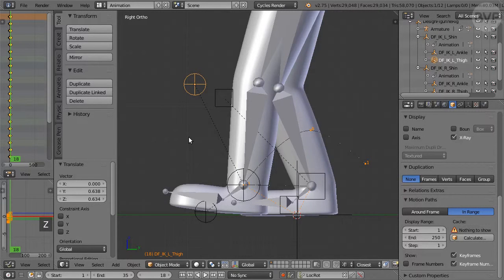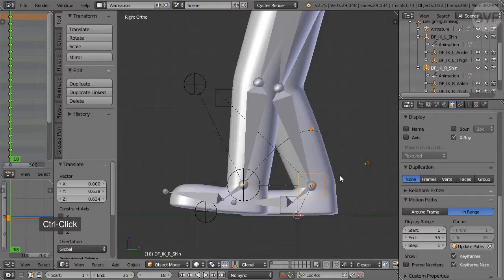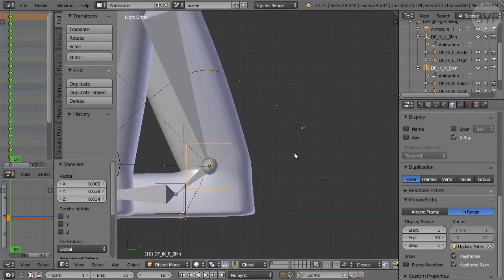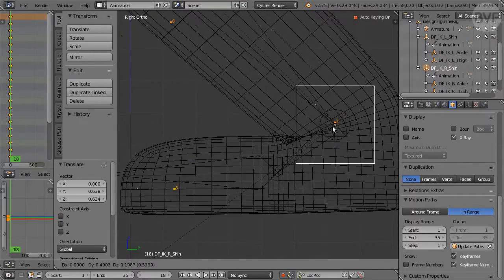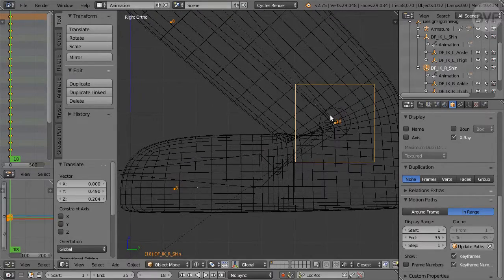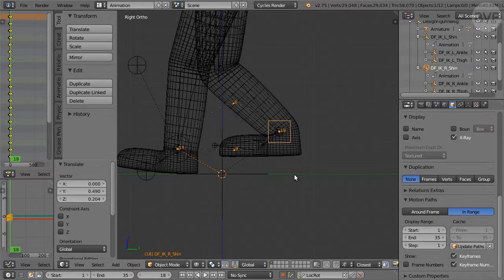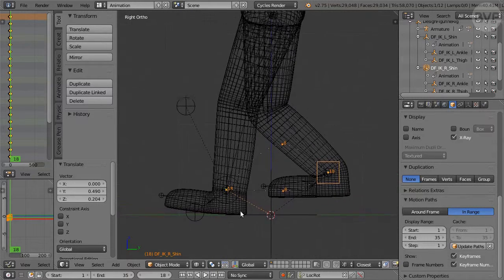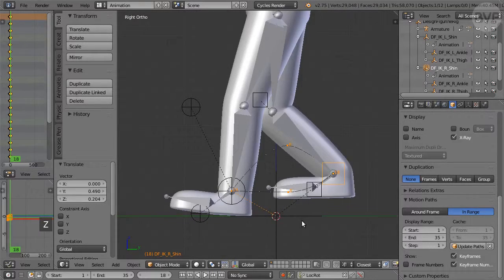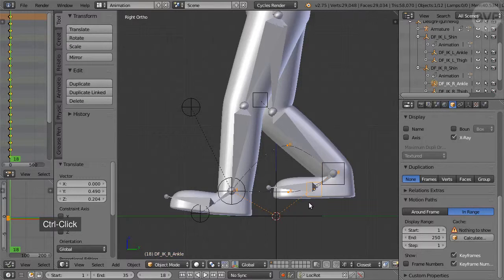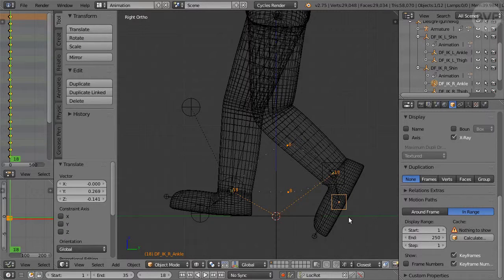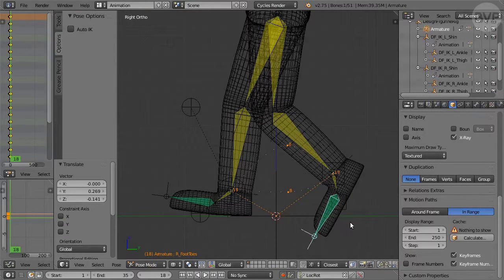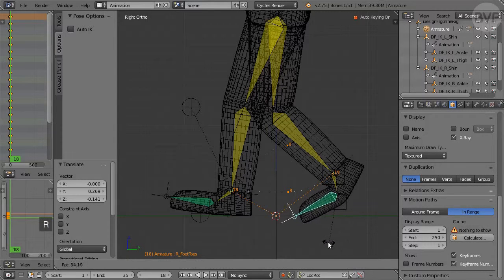Next, select the big square, the right shin target, and move it up to the motion path marker on the right. Zoom in again for precision. Then select the right ankle target and move it so the ankle bone is past vertical between 5 and 6 o'clock position. Select the right toes bone and rotate it up so the tail ball of the bone is above